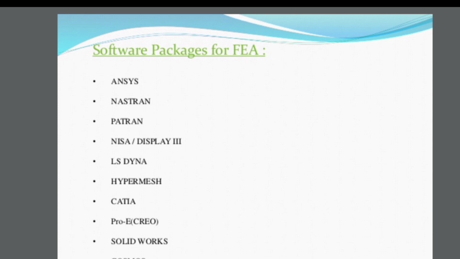The main difference between finite element method and finite element analysis is that the finite element method is mostly where, for the problems, we apply mathematical relations and solve them. Finite element analysis is the term mostly used in the industrial sector. That means the problems are solved with the help of some software package, with a little bit of practical knowledge. So in the industrial sector, we use finite element analysis.